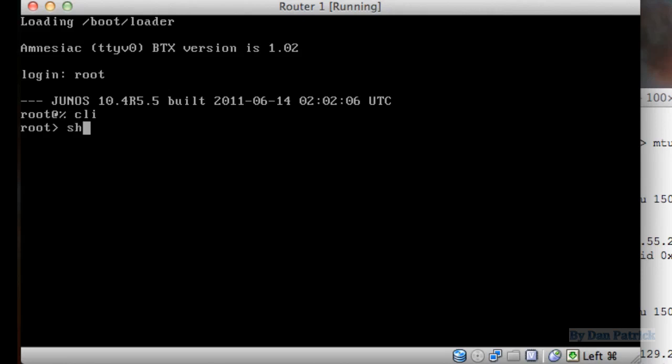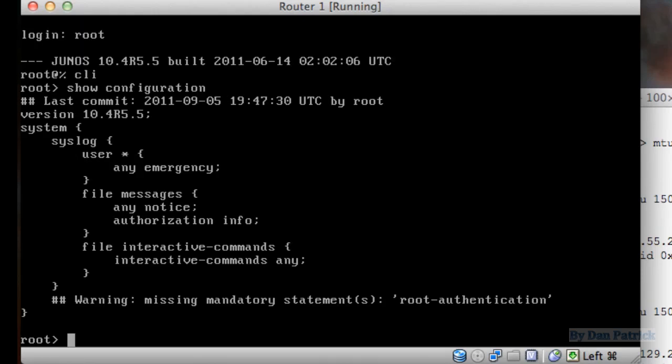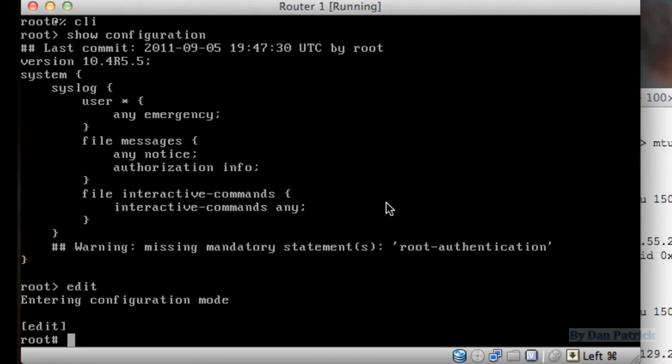I'm going to do a basic show configuration so we can see what's already on it. Here we can see there's no services running, and also we see we're missing the mandatory statement root authentication. It won't let us commit until we configure that. Alright, so we'll go to edit mode,